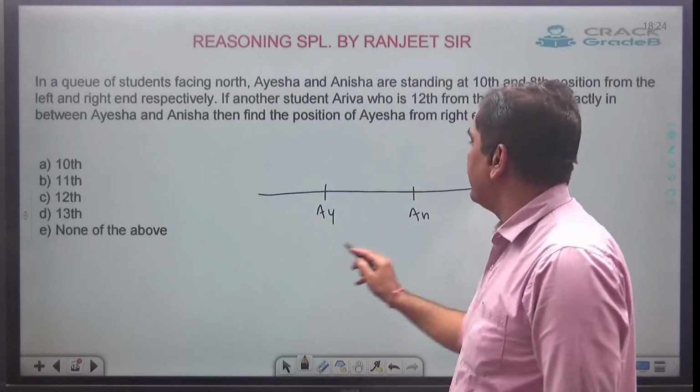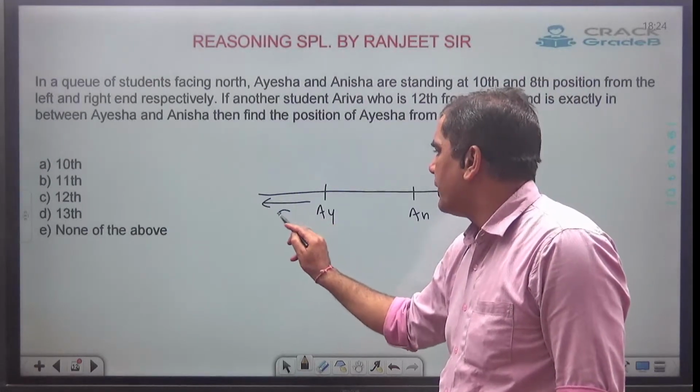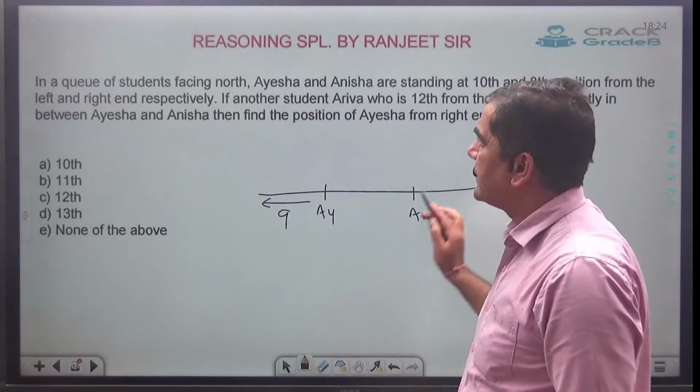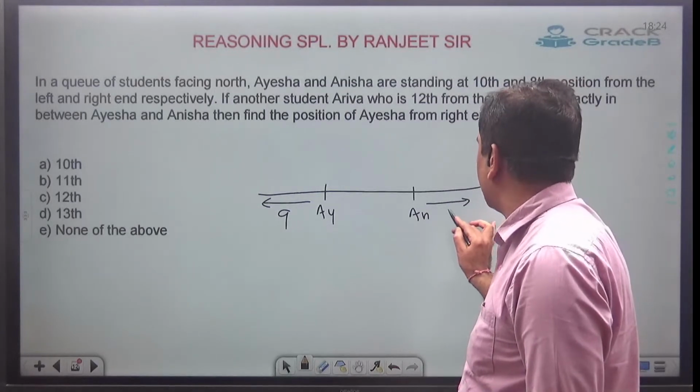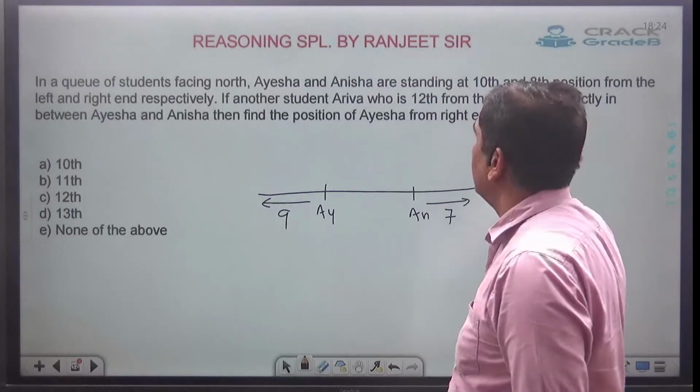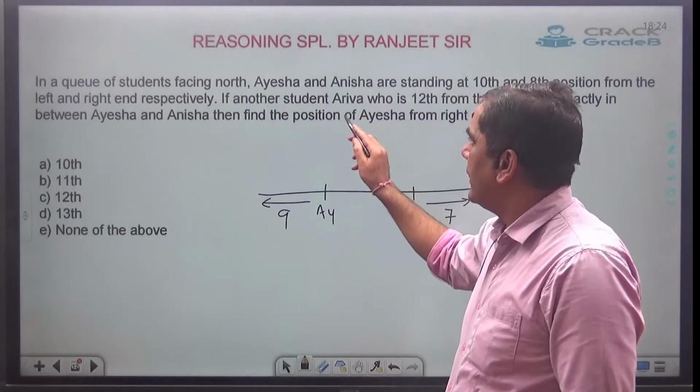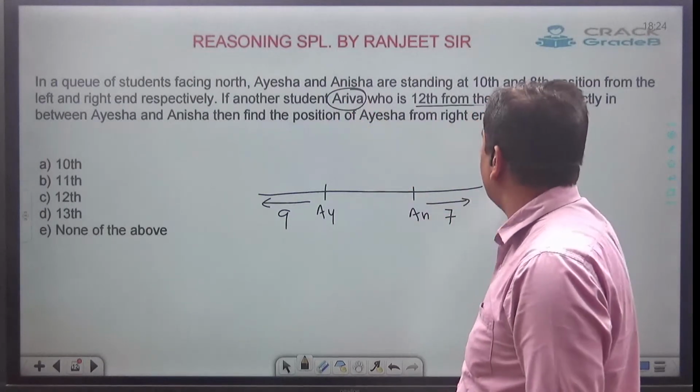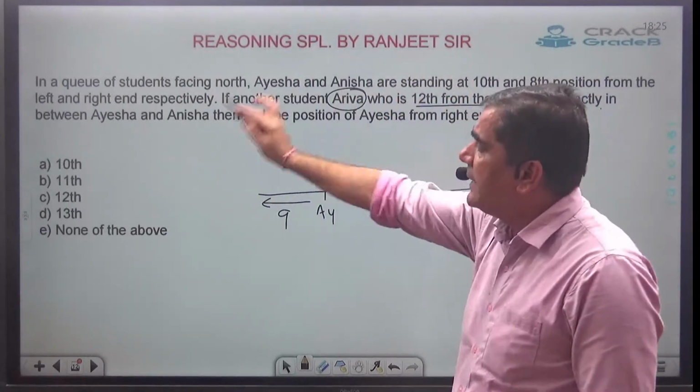So Aisha is given 10th from the left. So to the left of Aisha should be 9. And Anisha is 8 from right. So to the right of Anisha must be 7. Now they are saying if another student, Ariva, who is 12 from the left, is exactly in between